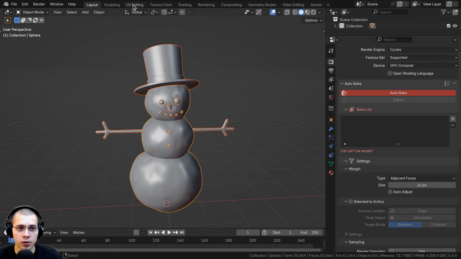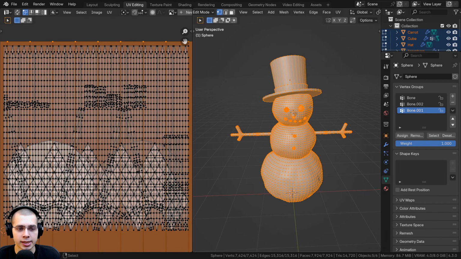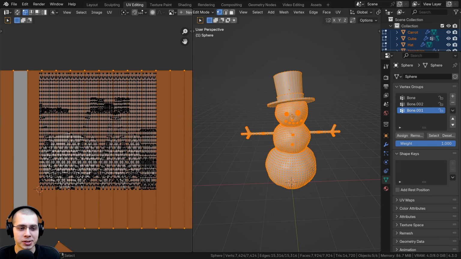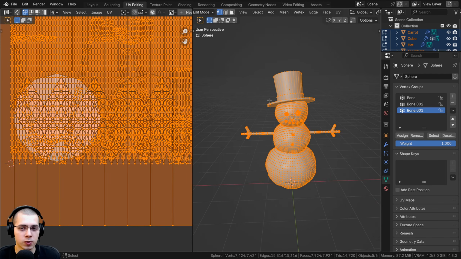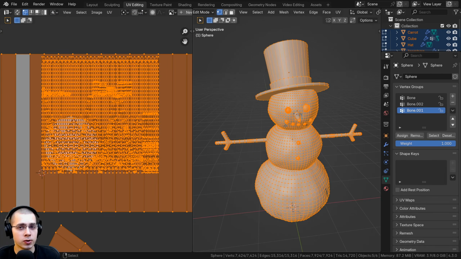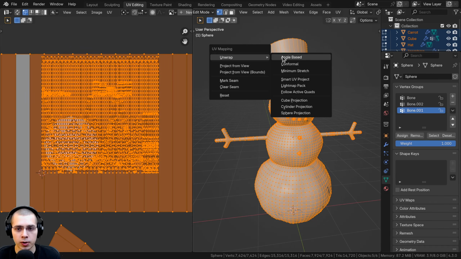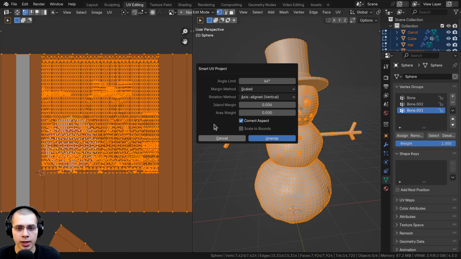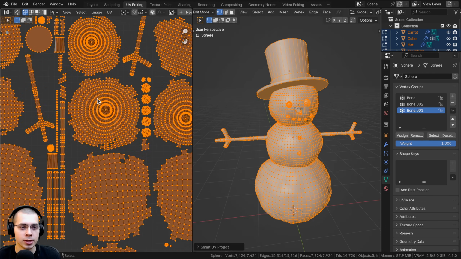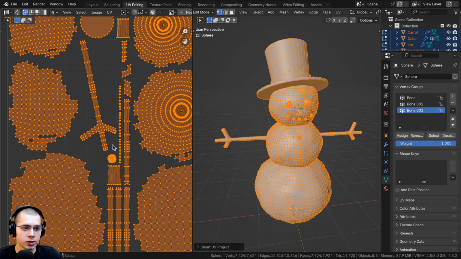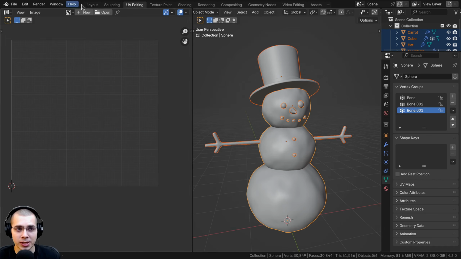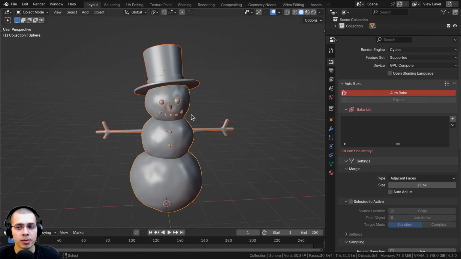Now what I could do is go over here to the UV editing workspace and just select all the objects and go into edit mode, and you can see all the objects are overlapping and the UV editing is not very good. So what I could do for an object like this, if I just want to do a basic UV unwrap for texture baking, is I could hit the U button and I could go to unwrap, and I could do the smart UV project, and then here on the island margin I could turn it to a small number like a 0.006 and unwrap this. And so what this is going to do is just going to break up the texture and kind of lay everything down flat. Now I'm just going to click right back here to go to the layout,